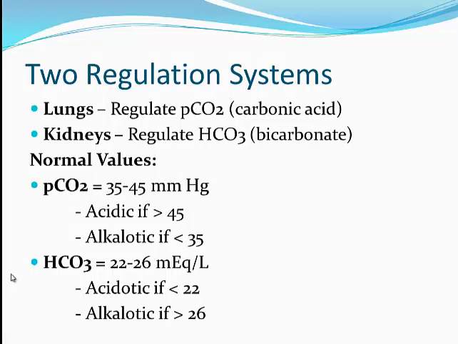Now we're going to talk again, remember, we talked about compensatory systems. We have two regulation systems. The lungs regulate the PCO2 or the carbonic acid. The kidneys regulate the bicarbonate, the HCO3. So our normal values for PCO2, the carbonic acid, are 35 to 45. It's acidotic if it's above 45, and it's alkalotic if it's below 35. For HCO3, the normal is 22 to 26, considered acidotic if it's less than 22, or alkalotic if it's